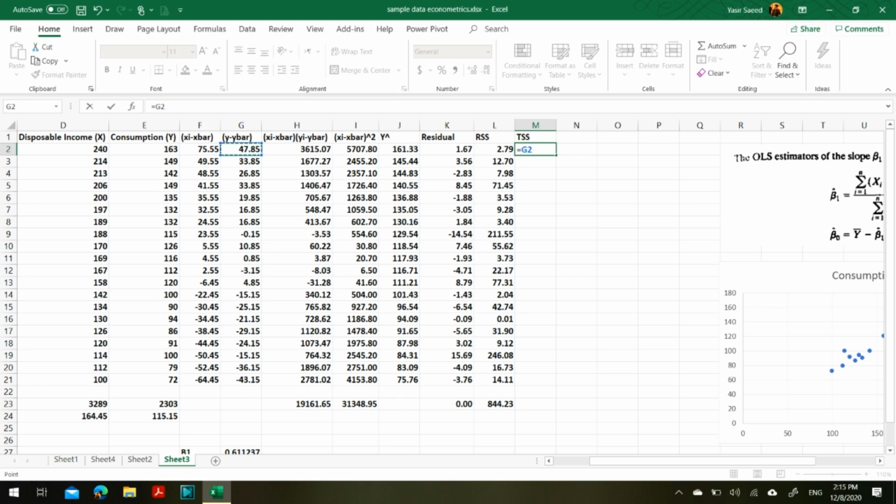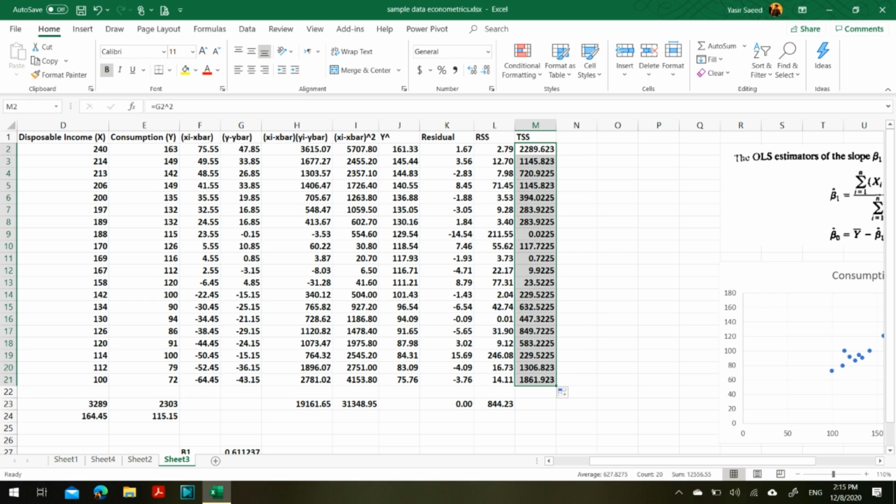y bar raised to the power 2. The caret sign is used for powering up, and I press enter, and then I drag the formula for all the cells, and after doing that I copy the summation formula so that I can find the sum for it. So this is our total sum of square,